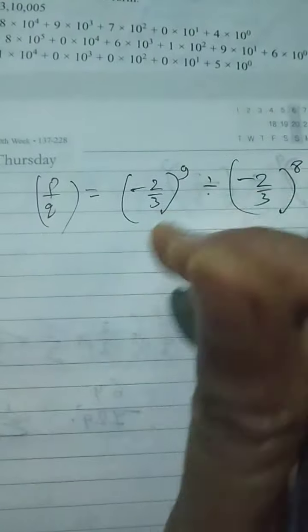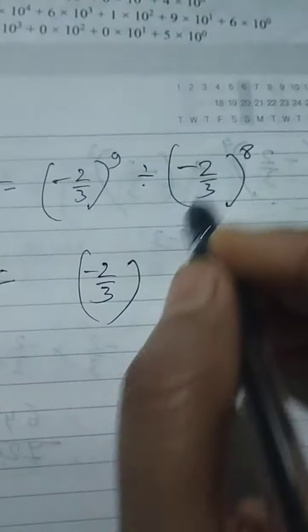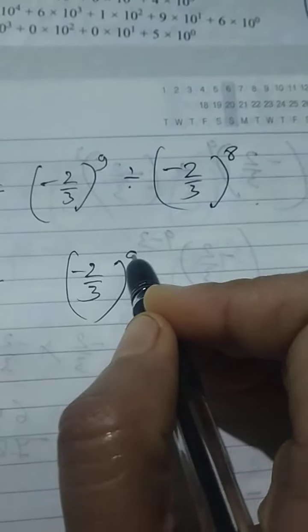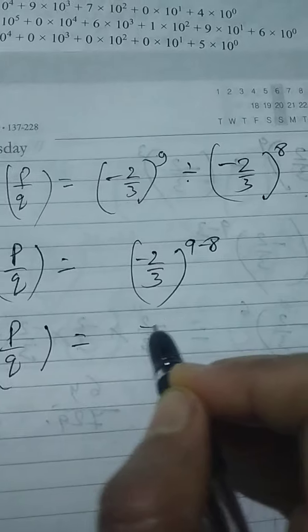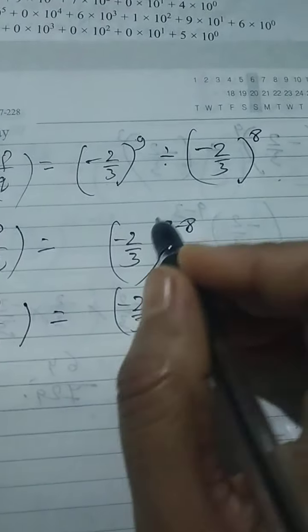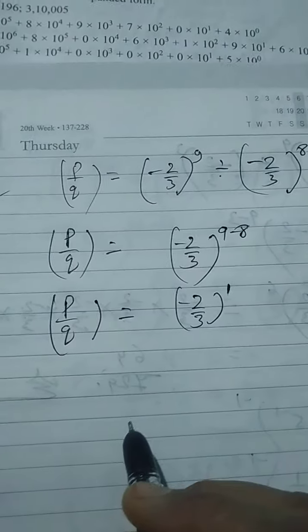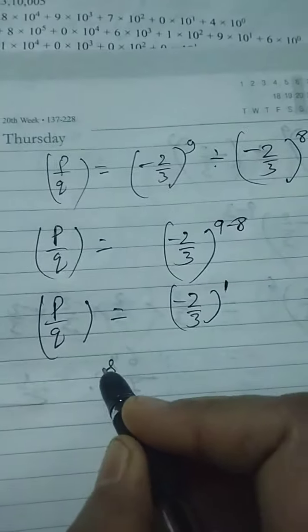It's very simple. First of all, find out the value of P by Q. So P by Q is equal to, you can see the base is same. So whenever the base is same, we subtract the power. 9 minus 8. So P by Q is equal to minus 2 by 3 to the power what? 9 minus 8 will be equal to 1. But we have to find the value of P by Q square. So squaring